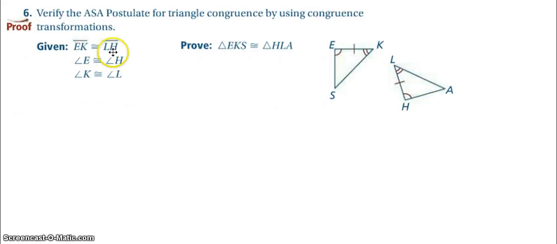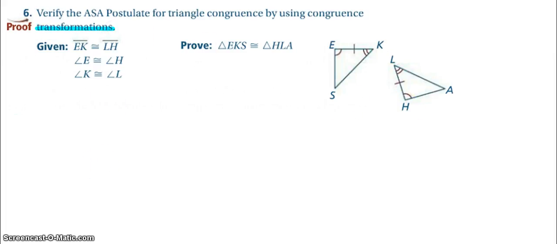What we're given is that EK is equal to LH, angle E is equal to angle H, and angle K is congruent to angle L. Sorry, all of these are congruent. I accidentally said equal there. So we can already see that if we're just basing this off of triangle congruence, we have angle, side, angle for both of these. So we know that they're congruent, but we have to use transformations to talk about why